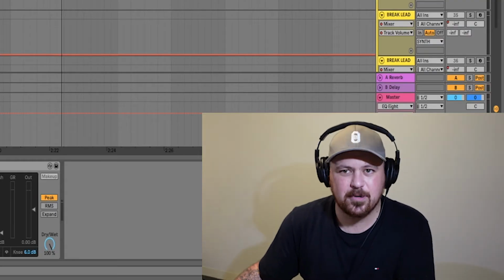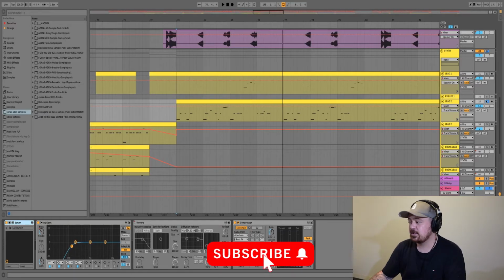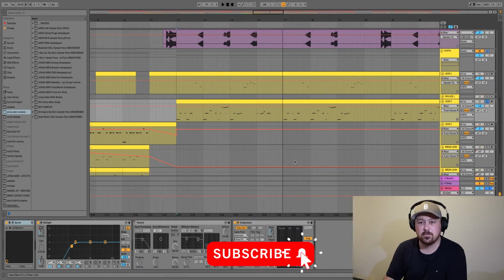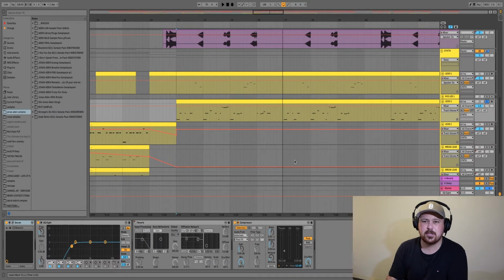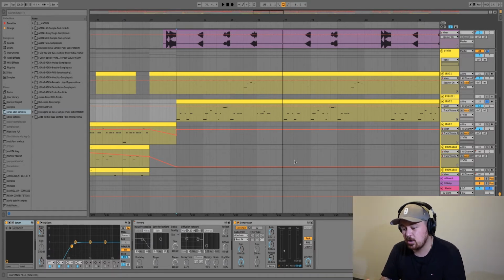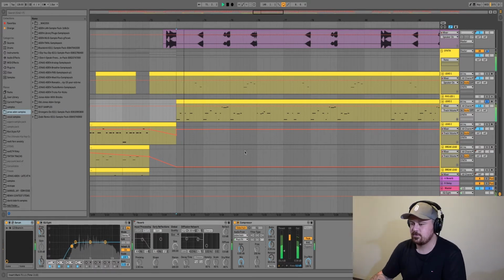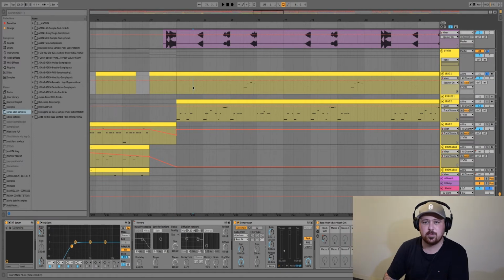And then finally, we come into our lead. Again, the lead is just another Serum preset. I was going to make an original synth, but this one just worked so well. There's a tiny bit of processing being done in Serum, but really not much at all. Not much that's worth showing you, it was just tweaking a few little things. And then we've got this second lead, which again just makes it a bit more of a call and response.